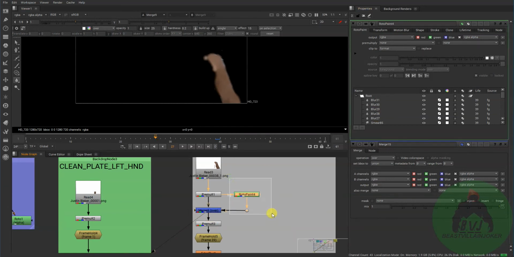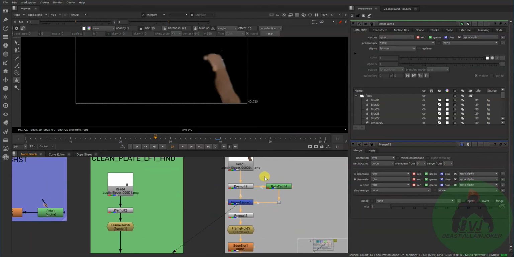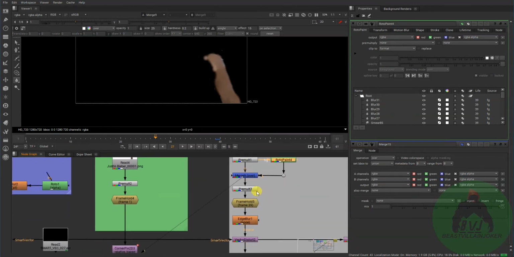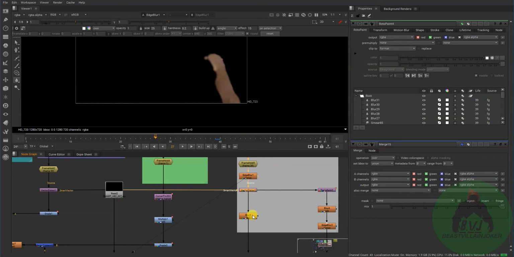Here I have used Rotopaint again because I wanted some adjustment, because I am using the vector distort for tracking information here, so it was distorting. So for adjustment I have used the Rotopaint node again, premultiplied, and frame held at the 39th frame, which was my reference frame for making the clean plate, and edge blur to blend properly.